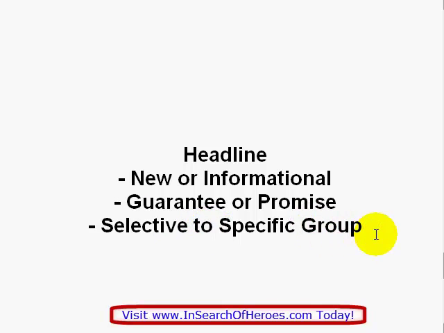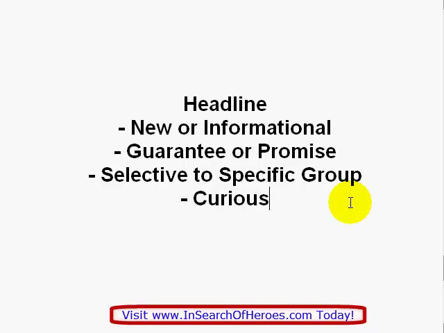But if you're writing to a specific niche, like people who have the flu, then you can say to everybody who has the flu, and you only want to target these specific people. Fourth, we have the curious headline. Curious headlines arouse interest, but the only problem is that sometimes people can see them as deceptive